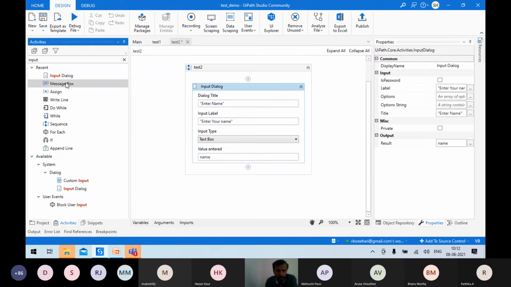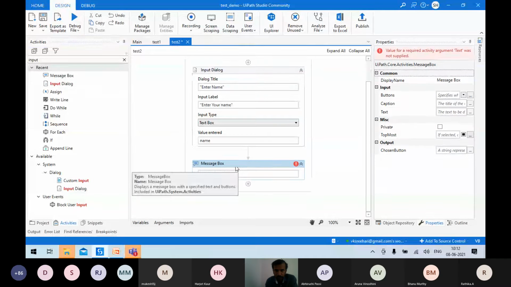So I'll take the message box, drag it over and drop it here. We have taken the input from the user. Now we have a message box. What we have to type here is: hi, the name entered, welcome to UiPath. So I'll try to type all that. The message I have to put in double quotes. I'll put hi, and then I'll leave a space.